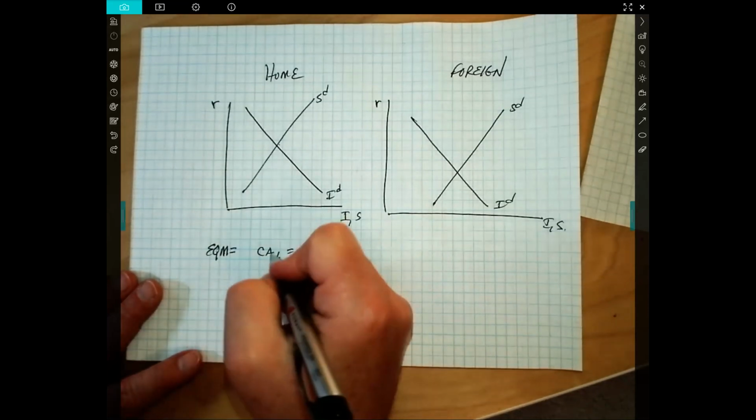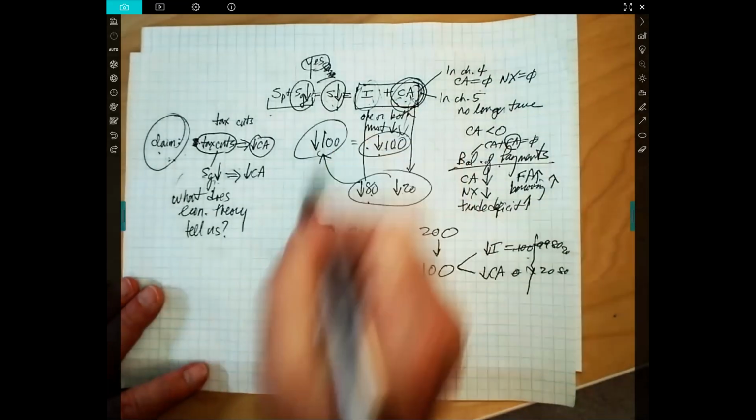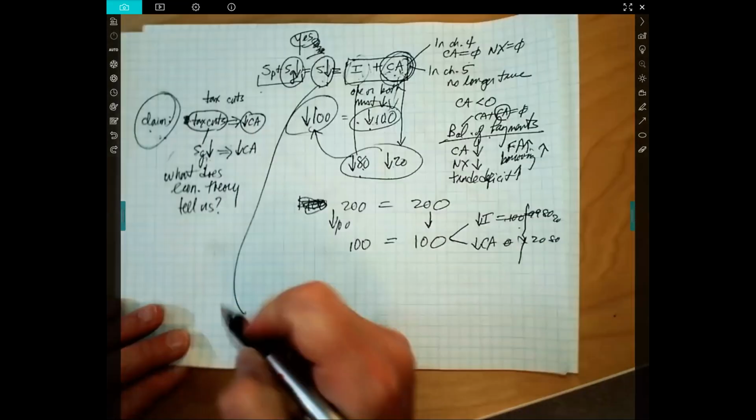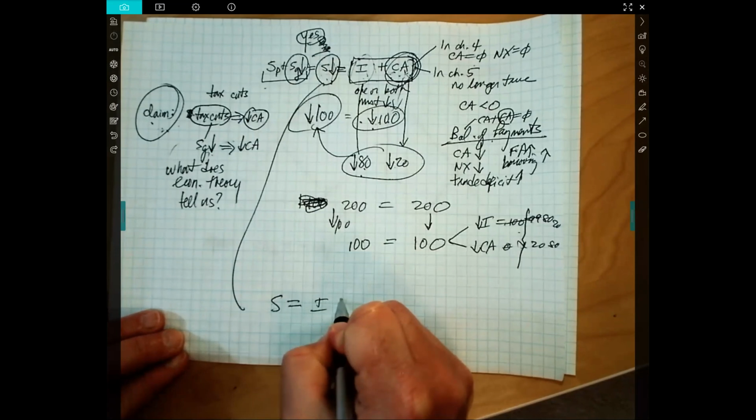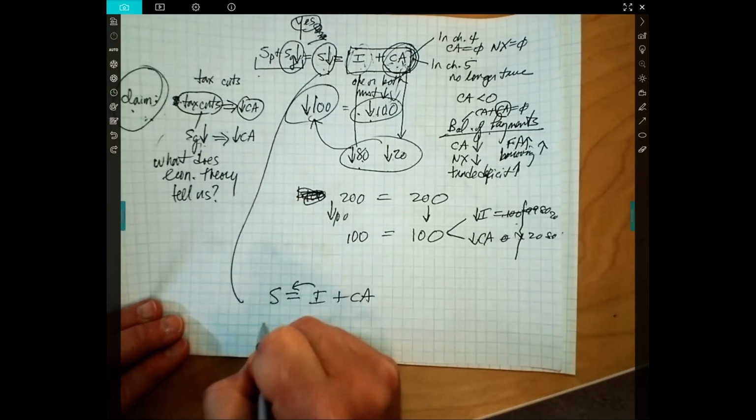Or the current account, remember the current account, right? So we can use the uses of saving identity, right? Saving equals investment plus the current account. Now, if we just bring that investment, saving,